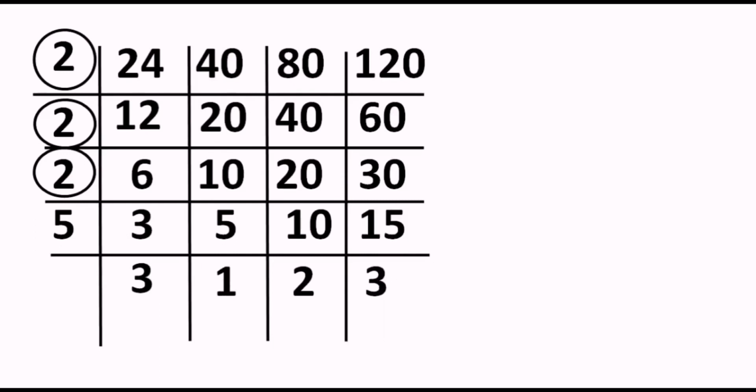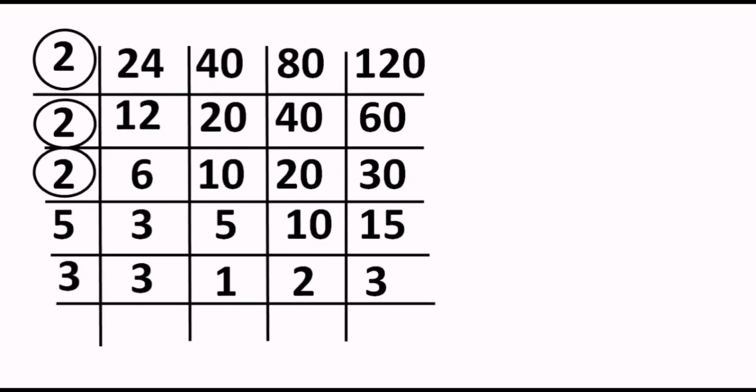And now observe the bottom. Presently over here we are not going to encircle 5. Reason behind that, 5 has not divided all 4 numbers, right? Because 3 is written as it is down, and hence we will not encircle it. Keep it in mind. So if you observe the bottom layer now, we have 3, 1, 2, 3, right? 2 times 3 is there, and 3 is divisible by 3 itself. And I told you no 2 numbers should be divisible by the same number. Only then we have to stop.